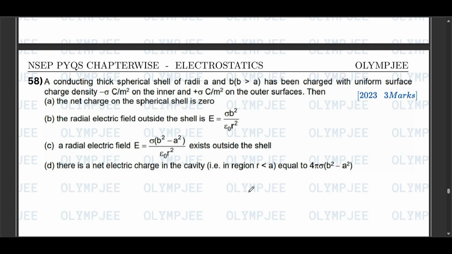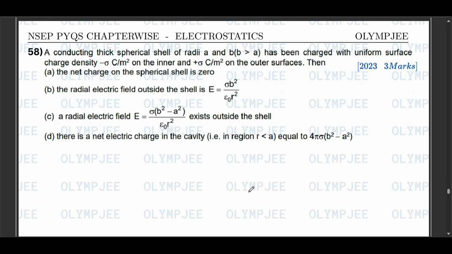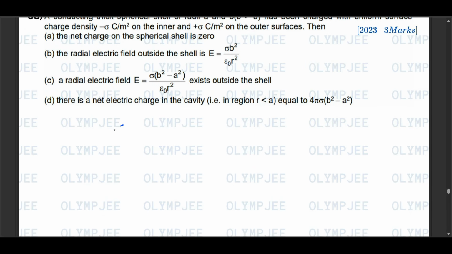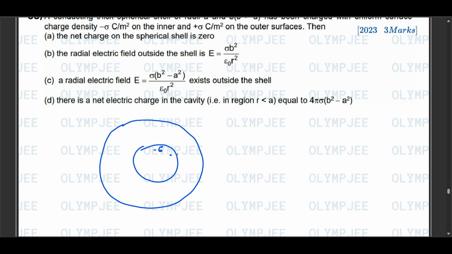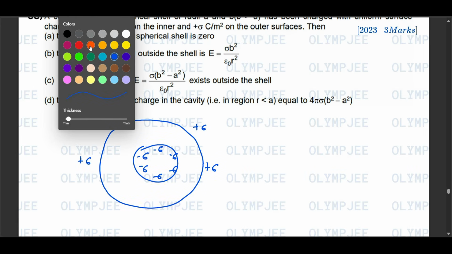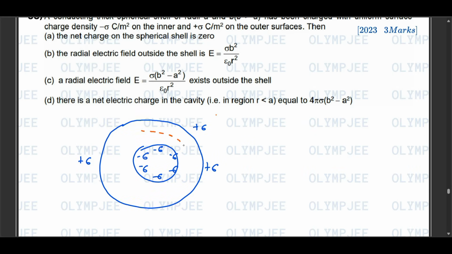Moving on to question 58, it is a bit tricky. It says that a conducting thick spherical shell of radii a and b has been charged with uniform surface charge density minus sigma on the inner and plus sigma on the outer surface. So this has uniform density minus sigma, and this has plus sigma, right? So if we take a Gaussian surface over here,